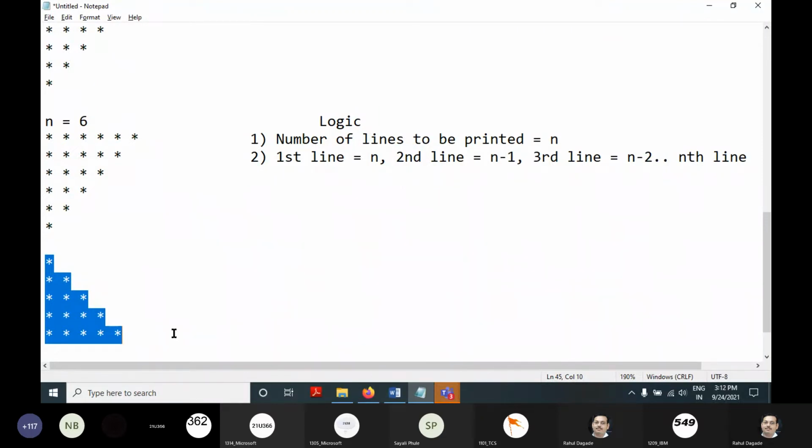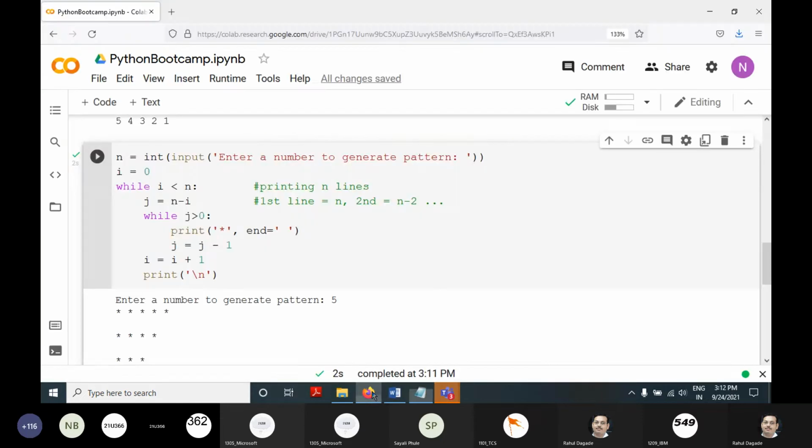समझ में आ रहा है बच्चों? यस सर। Yes, sir. हाँ, अभी आपको उल्टा करना है उसको, वो कोड करो और मुझे चैट बॉक्स में भेजो। सर वो कोड दिखाइए ना एक बार। दिखाता हूँ।